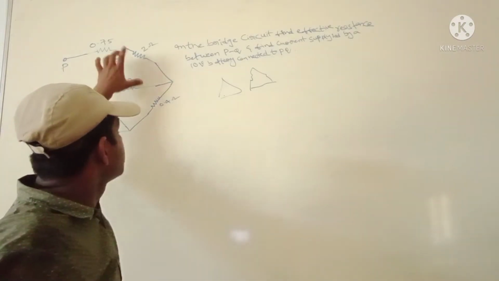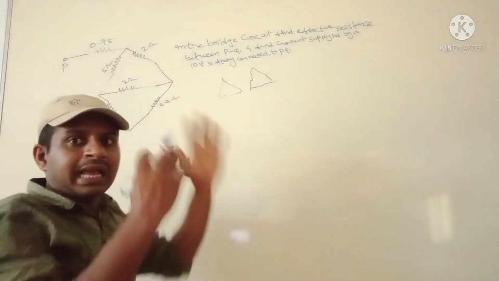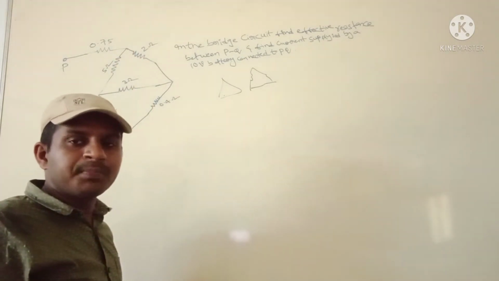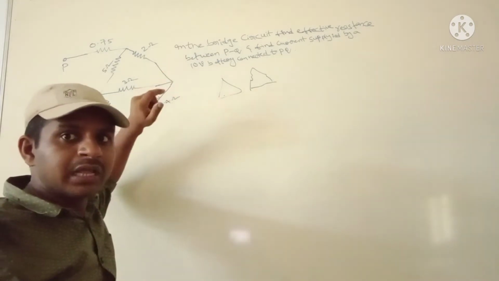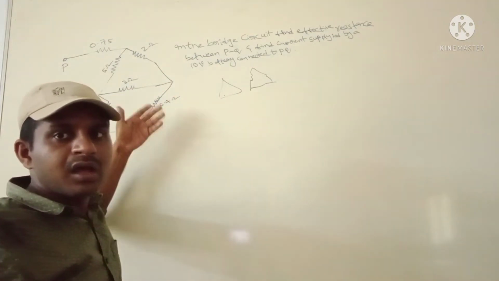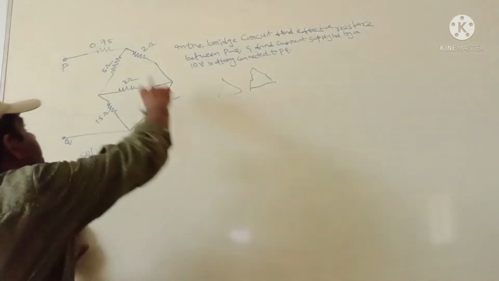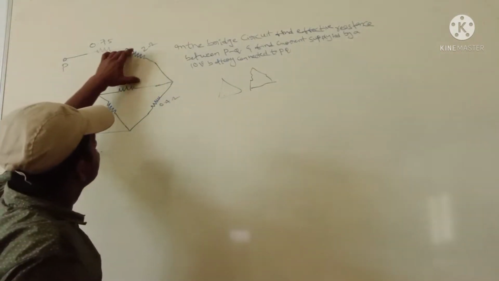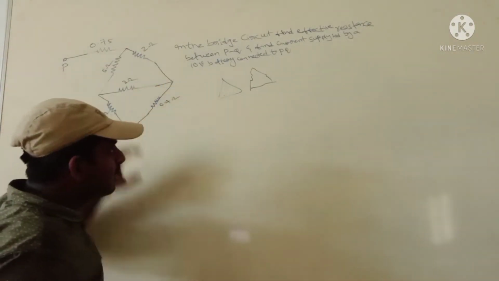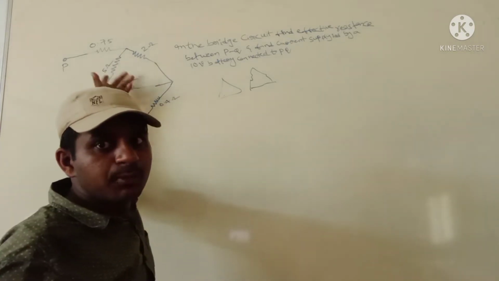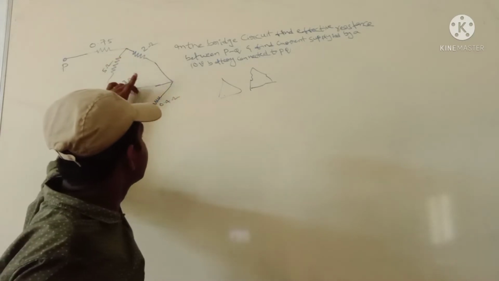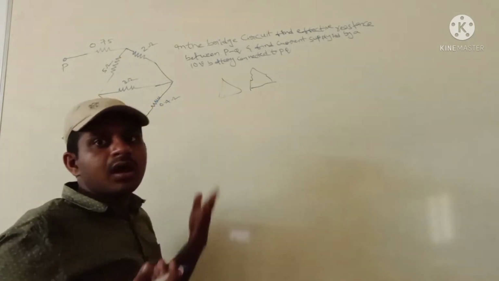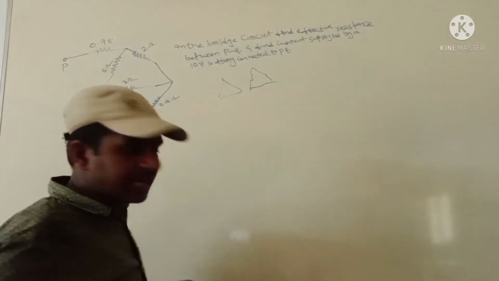That's why this delta connected network can be converted into a star network. If we convert the delta connected network to star, then only can we easily find all those solutions. Here there are two delta connected systems. If you convert either one of these particular delta connected networks, you can easily solve the remaining problem.